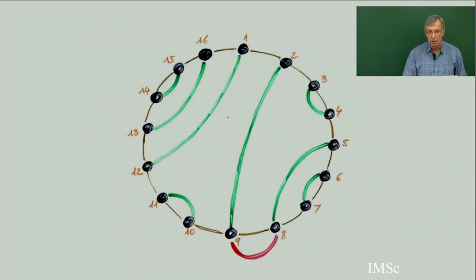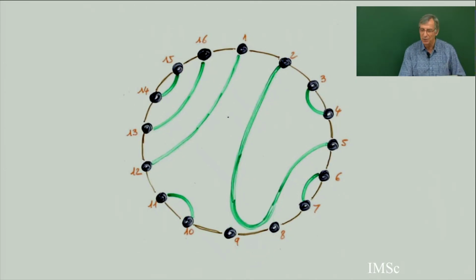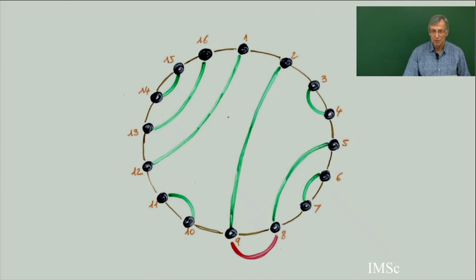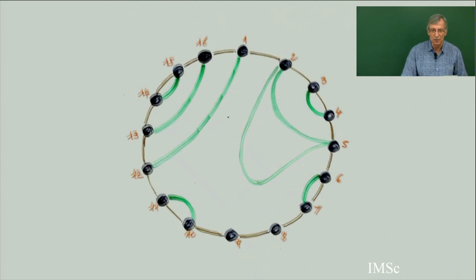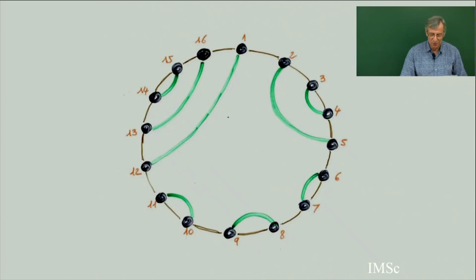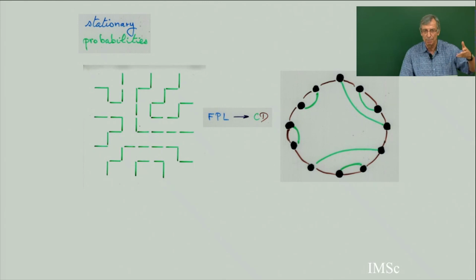In the Markov chain, you choose 2 consecutive points. If the 2 consecutive points are connected by an edge, like this, you do nothing. If they are connected by 2 different edges, then you can do this: you make a new red arc, you put it inside, and then you add a new chord here. So this is a Markov chain. In chapter 3, I will explain precisely the definition of stationary probability. But here there is some stationary probability.